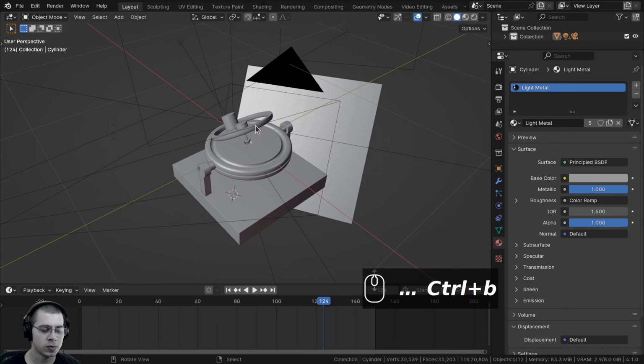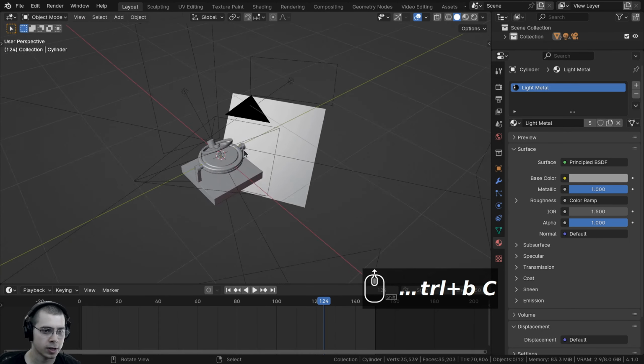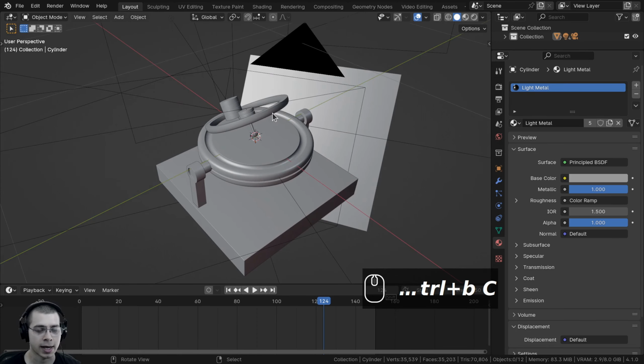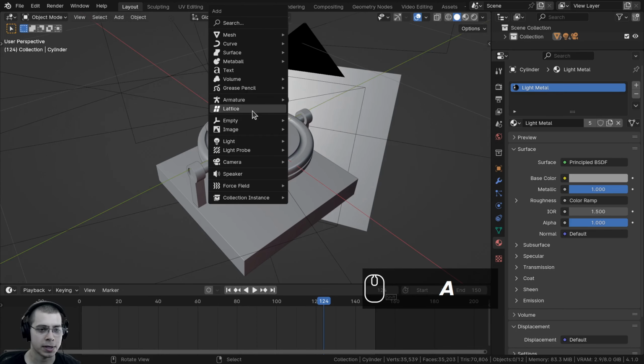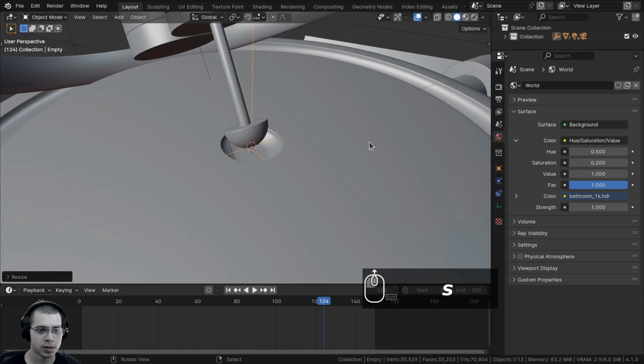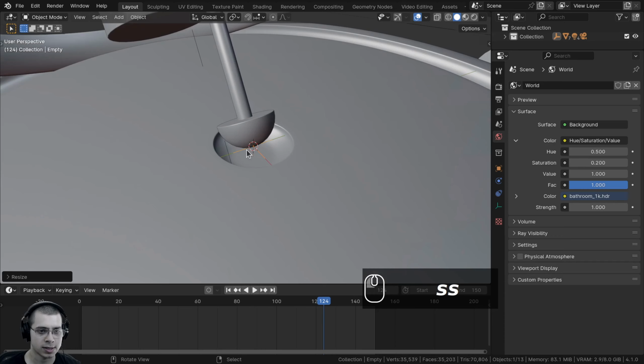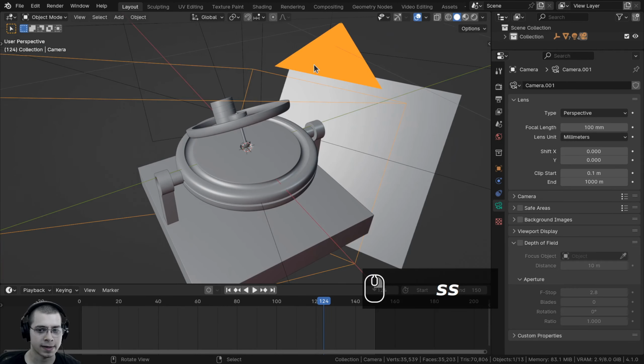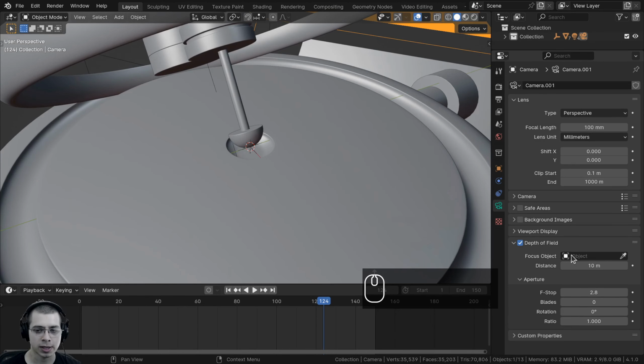So what I'm going to do is press Shift C to center the 3D cursor, and I want to add an object to add a depth of field. So I'll go to the Add menu, let's go to Empty, and I can add the plane axis, and then I can scale the empty way down, and I'll make it much smaller, just stick it right there in the center. And then if I select the camera, I can go to the camera settings, and right here I want to check mark the depth of field. And then here on the object, what it's going to focus on, I'm going to click on the eyedropper and we'll choose the empty object.